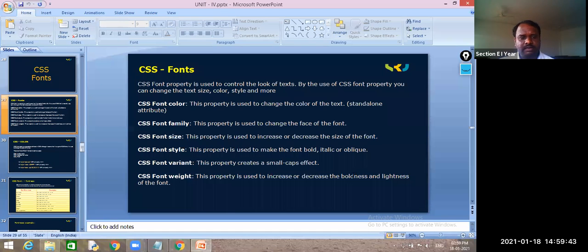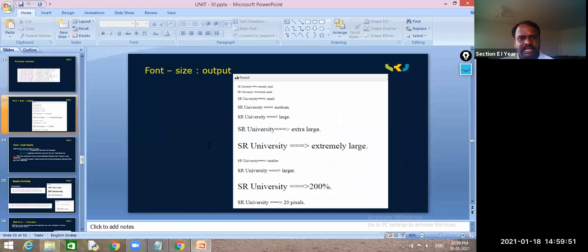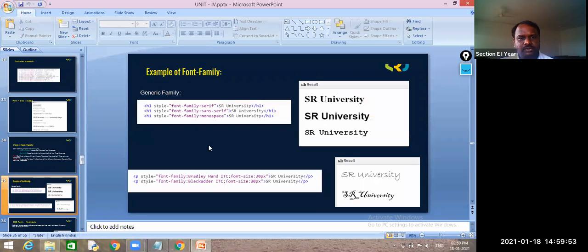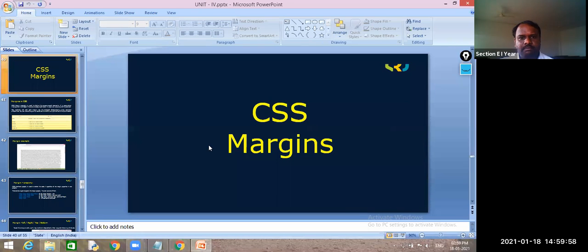Font is very simple. Among this, we have learned some of them in the beginning classes only. And color, font size has changed. Font family we have changed. Font weights we have changed. Variant, and margins is for giving the margins to your application. So this is the way you need to implement your HTML pages.